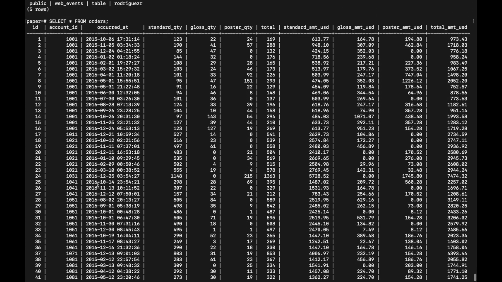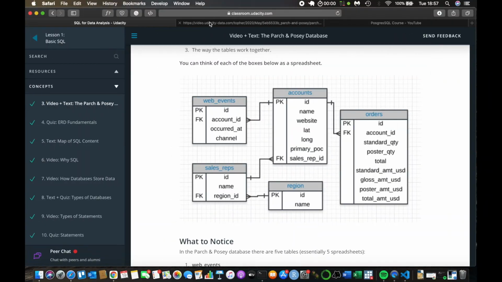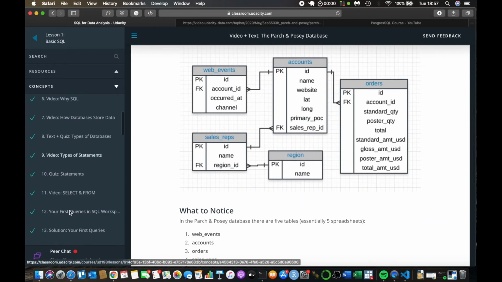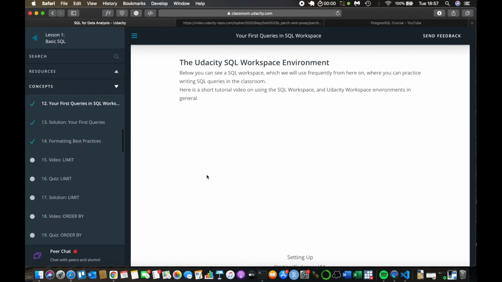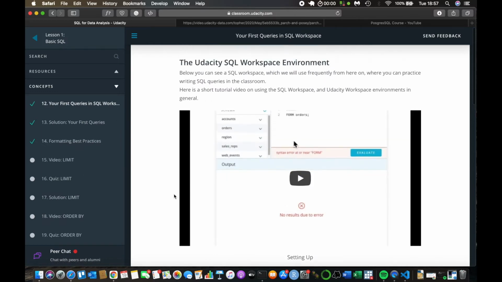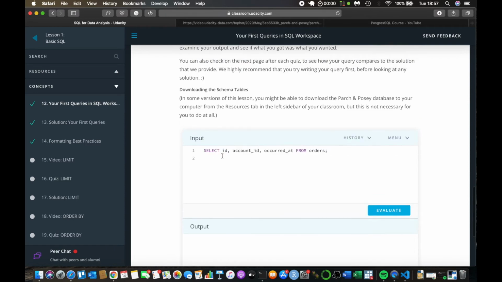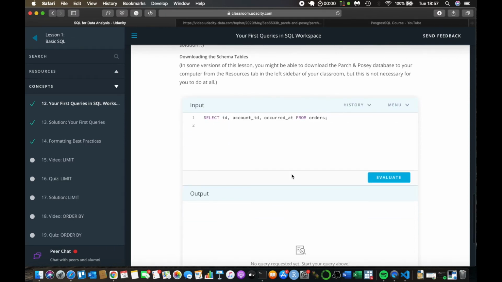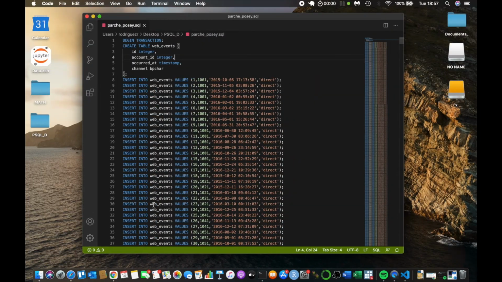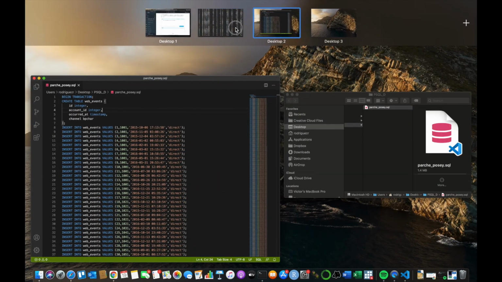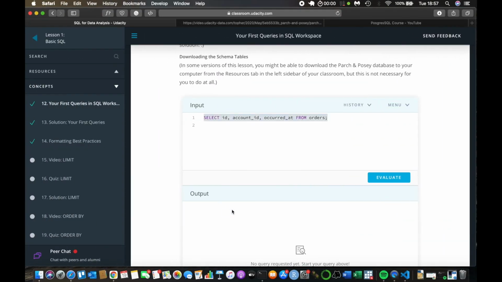All the columns are there, and as you may see from the course, when you do your first queries, you have an exercise where you want to see only ID, account ID, and occurred at from the orders table, and you can use this same command in terminal